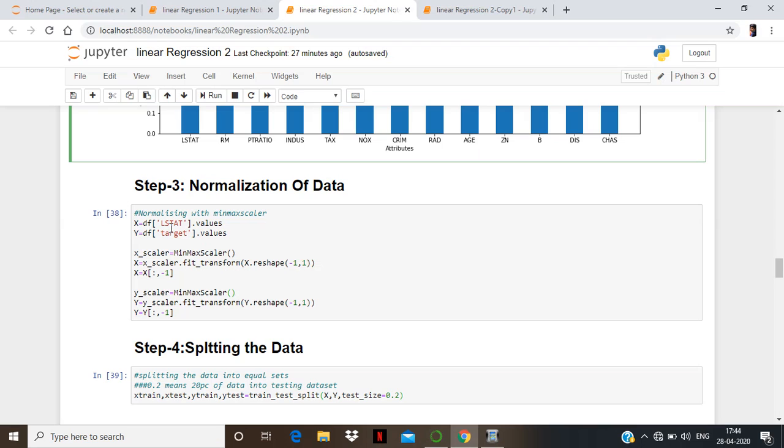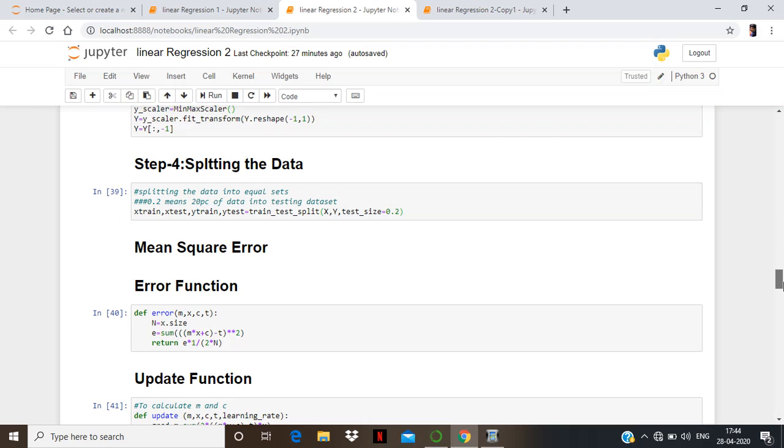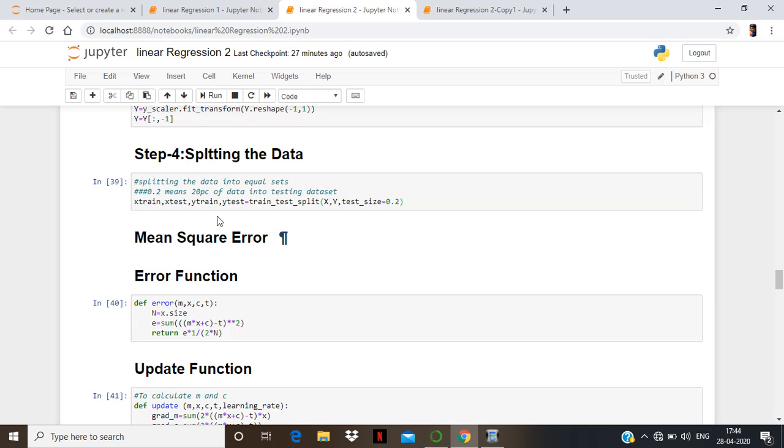This x is our feature and y is our target values. And we are moving to step 4, which is splitting the data. Here we have split the data into training and testing sets. We have used 0.2, which means 20% of the data is our testing data set.